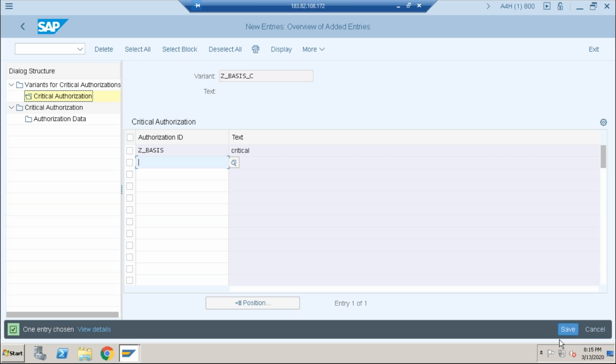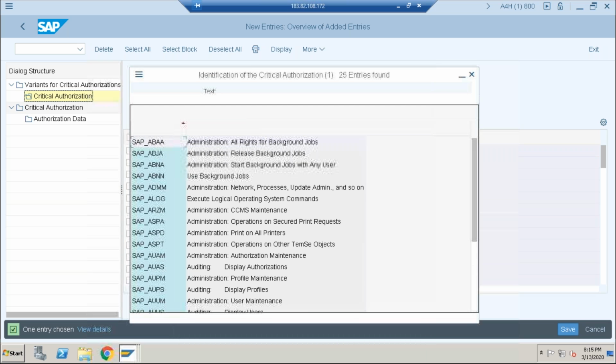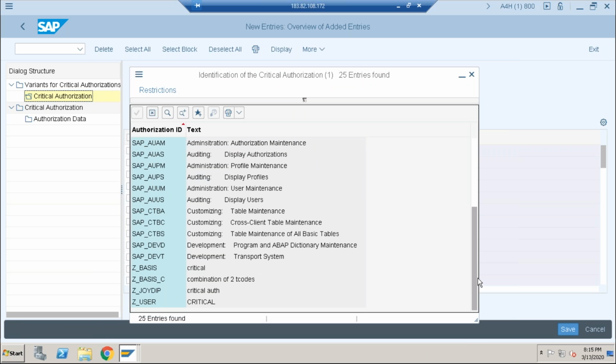The authorization ID will be Z_CRITICAL. That's correct. The authorization ID we just created is Z_BASIS_CNA. To authorization ID also. What's the option once again? C na.